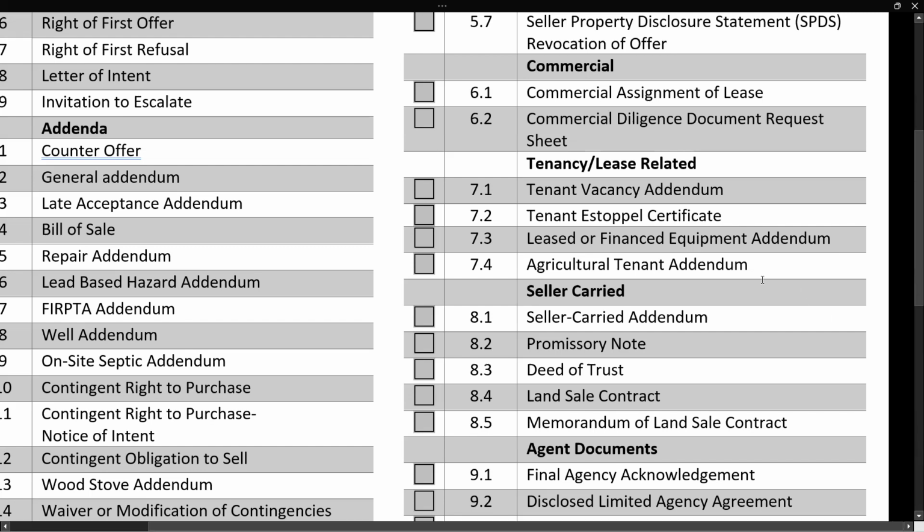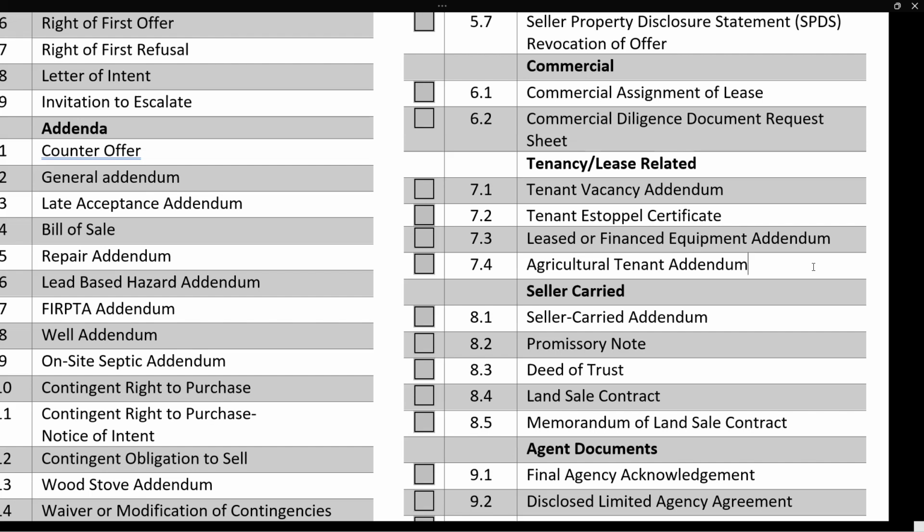7.4 is the agricultural tenant addendum. This is meant for those situations where you have an agricultural tenant. Because of the rights of emblements, there are additional protections that agricultural tenants are entitled to. And so the agricultural tenant addendum is meant to address those specialized agricultural situations. This essentially means that the tenant on the farm or on the ranch has a right to go back onto that farm or ranch to cultivate and maintain and harvest crops that they placed. Those additional rights for tenants are very significant and need to be in place when you're moving a tenant's rights